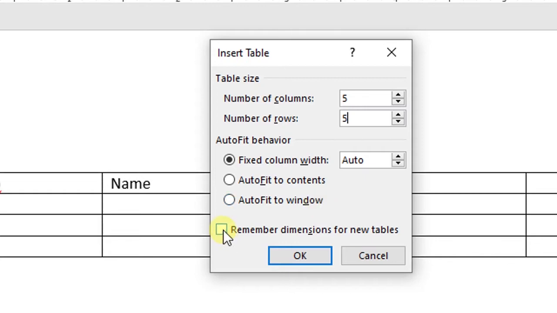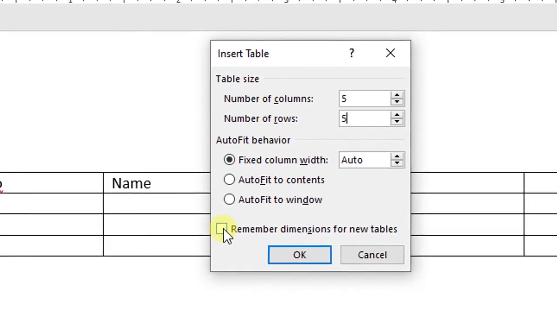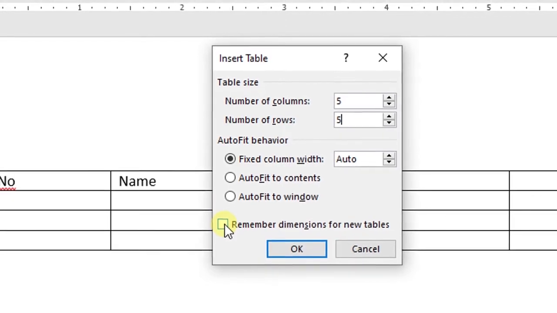Mark the checkbox before Remember Dimensions for New Tables if you want the sizes you are entering now to become the default values for future tables.